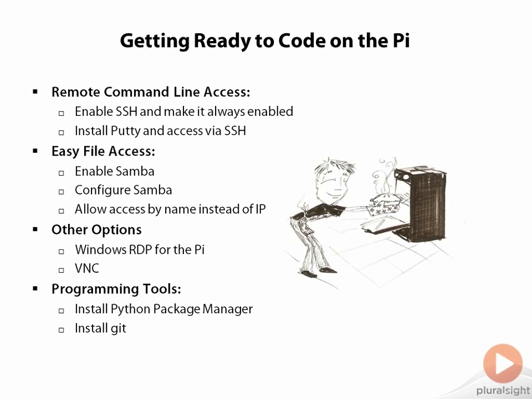First up is allowing remote command line access to the Raspberry Pi. If you're familiar with Linux servers, this is going to be old hat to you, but in case you're not, the idea here is that we can remote into Linux machines and issue shell commands to them at a command line. For Windows programmers, this is on par with remoting into a machine and using PowerShell on it. I'm going to cover how to set this access up on the Pi and how to make sure it persists when you reboot. Then I'm going to show you how to install, enable, and configure a tool called Samba for